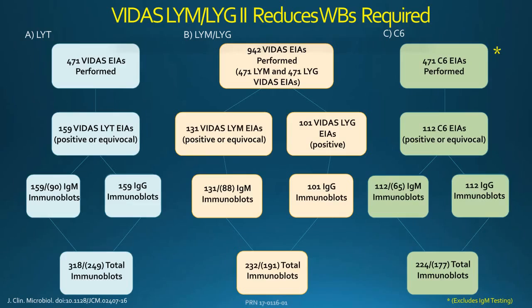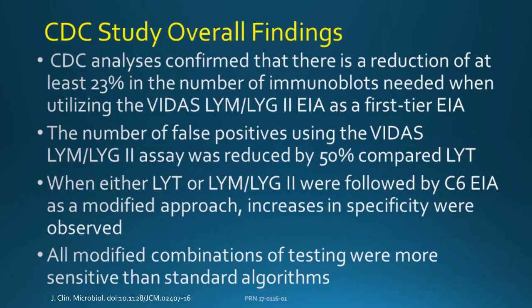Now, one of the things that's interesting, no matter which protocol you went through, whether it was the dissociated assay or the C6 assay, you still ended up with fewer immunoblots than you do if you ran the total assay. So the overall findings confirm that there is a reduction of at least 23% in the number of immunoblots needed when you run the dissociated assay as the first tier EIA. And that's very close to almost exactly the same reduction that we saw in the 147